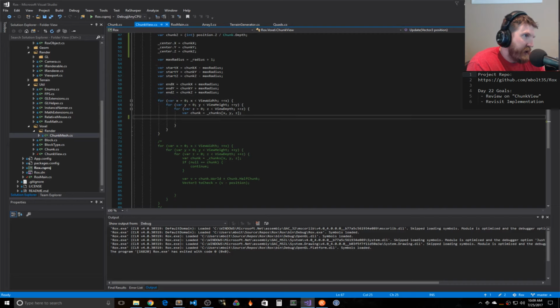We're basically taking what we know to be our radius here. From start to end, this is going to be our entire X and Y and Z, basically our range. And we need to fit that range into 0 to view width, 0 to view height, which is literally just an offset. So that's not the difficult part. What I'm trying to think about now is